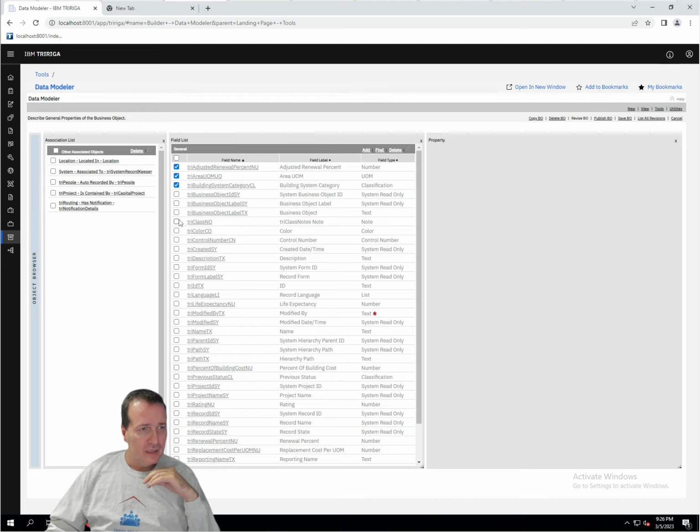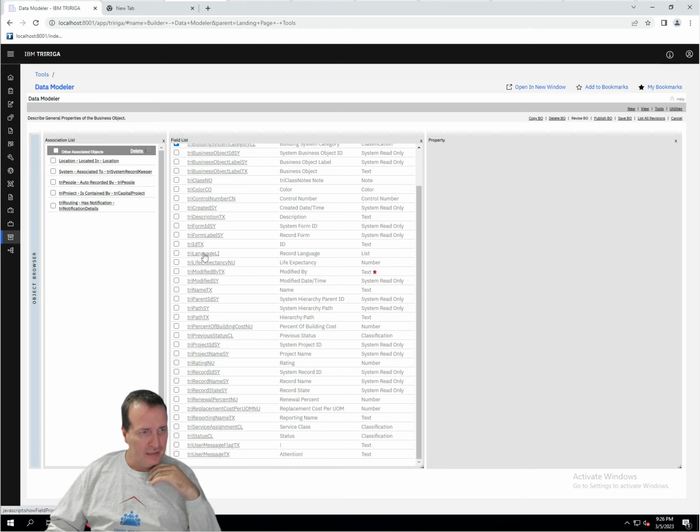All right, business object I'll keep. In the note field, the color, the control number, created description, form ID, form label, yep, I'll keep those. Language, life expectancy, that has nothing to do with my object, so I'm not going to keep it. Modified name, the parent ID, the path, percent building cost. See, we have some very specific fields and associations here that were added to